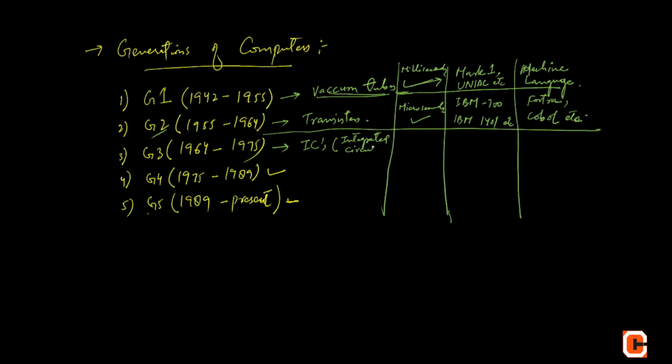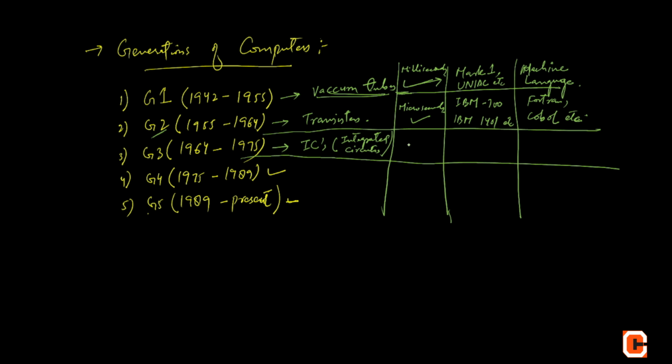Integrated circuits were used in the third generation, and those integrated circuits were actually made by Jack Kilby and Robert Noyce. ICs are circuits consisting of several electronic components like transistors, resistors, and capacitors grown on a single chip of silicon, eliminating wired interconnections between components. That means it is going to make it a little bit more compact as compared to the previous